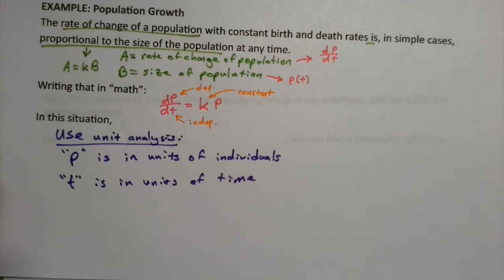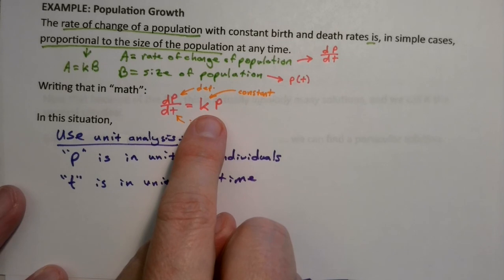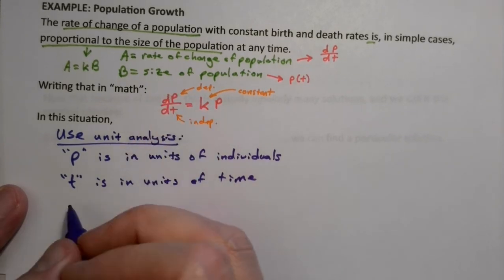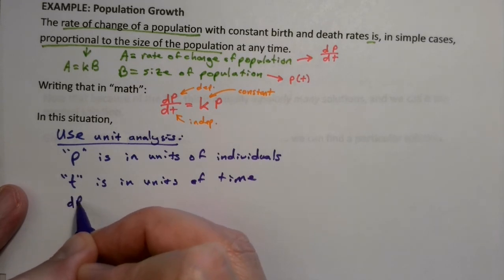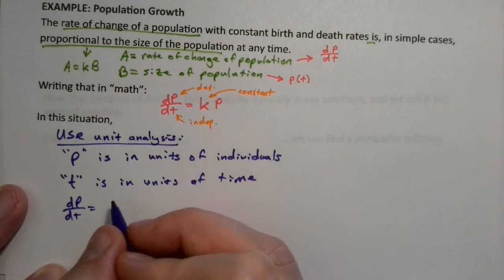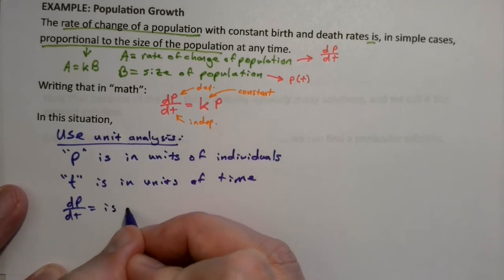And then of course there are two other things in this equation that we have to pay attention to. There's k, and then there's dp dt as a quantity. So what is dp dt? Well, it's a rate of change of population over a change in time. So this is literally in units